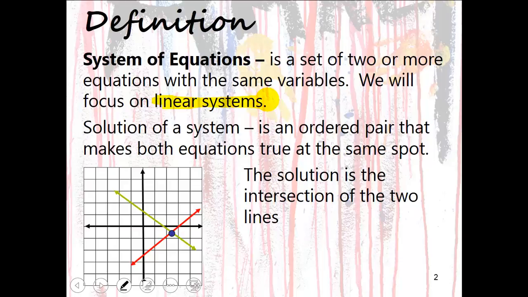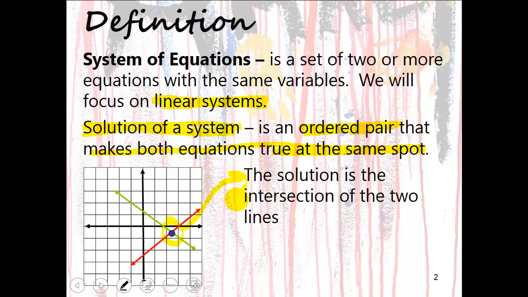And then highlight this, because this is an important term, the solution of a system. When we look at linear systems, we're looking for an ordered pair that makes both equations true at the same spot, or at the same value. Another way of looking at it graphically is that the solution is the intersection of the two lines. It's the ordered pair that makes both of them true at the same time, and it is graphically the intersection